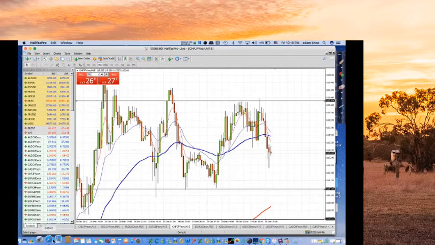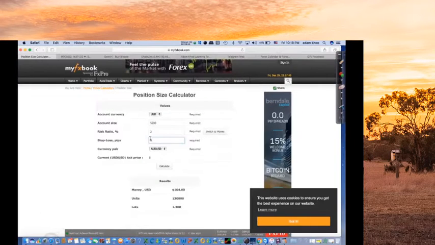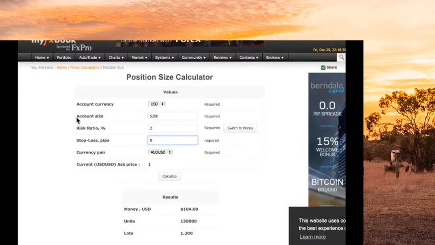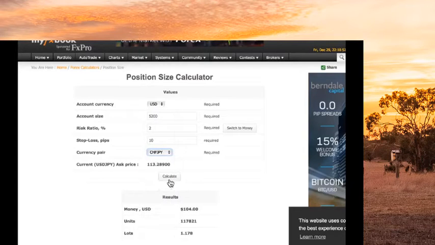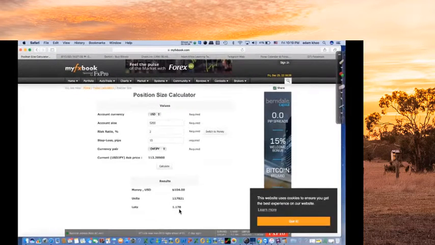And how I would size my position using the sizing calculator. So if my account size is 5,002 and I want to risk 2%, I place my stop loss. In this case, I'm putting the stop loss at 10 pips away. I select Franc Yen as my currency, calculate, and you can see the number of lots will be 1.17. So I'll trade 1.17 lots, which is